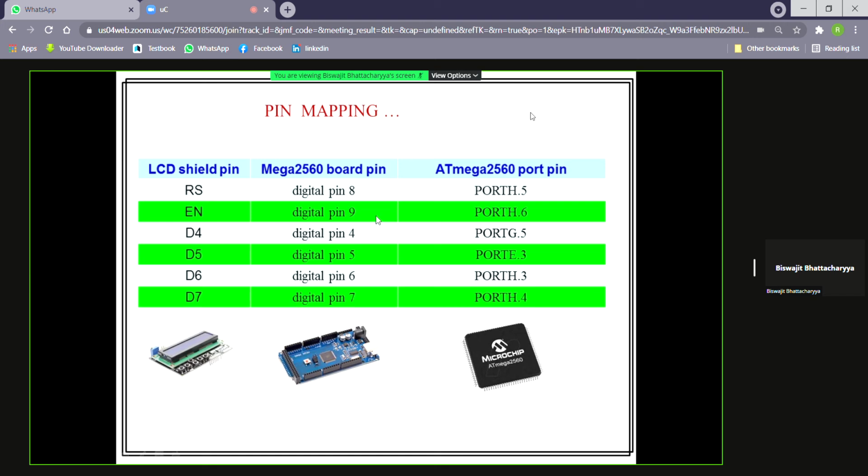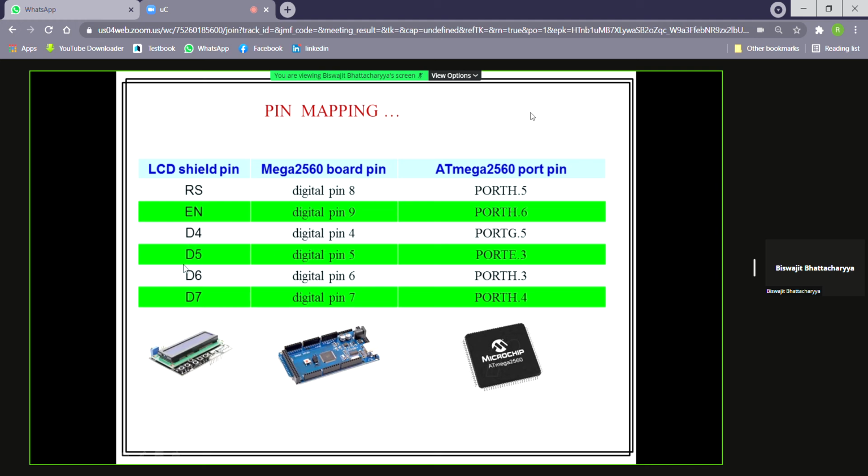It will be connected to the RS pin. And for the microcontroller, it is port H.5. Enable pin of LCD means it is the digital pin 9 of the Arduino board. And in the microcontroller, it is port H.6 pin.